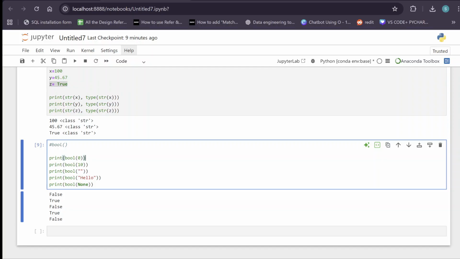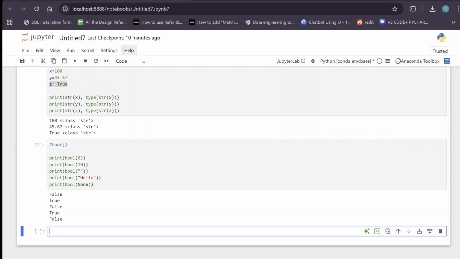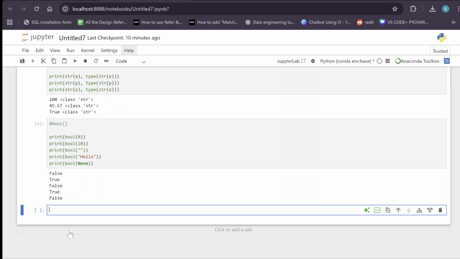Some real world examples: if the user types something in the search box, it is true; if the search box is empty, it will be false. If stock quantity is greater than 0, it will be true. If stock is equal to 0, then it will be false. This is used heavily in filtering and conditions. During that time, these Boolean functions will be used. So now, next we are going to see